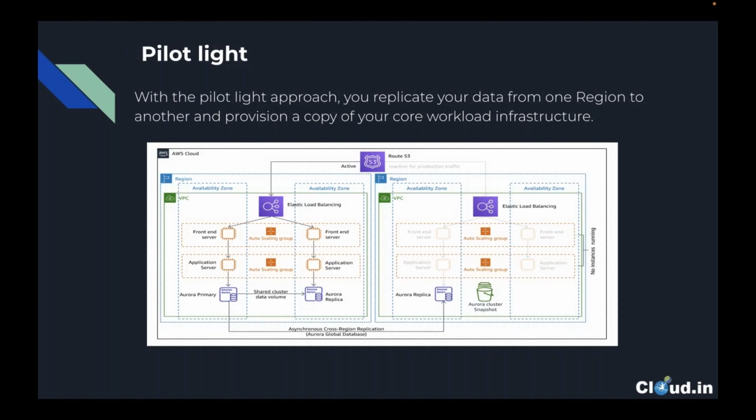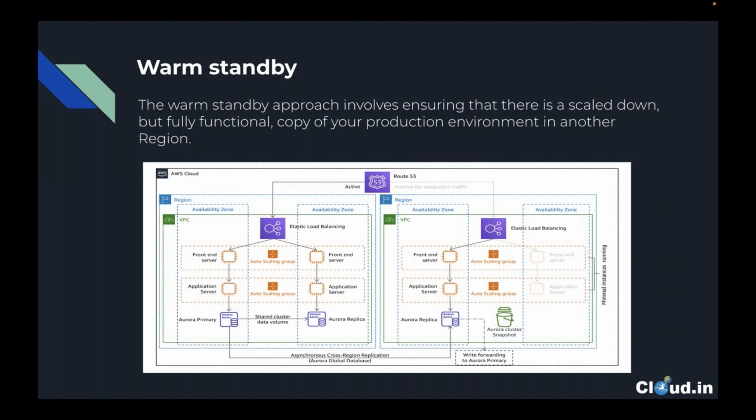Next, we have the warm standby DR strategy. In the warm standby strategy, you maintain a partially scaled AWS environment with essential resources running, but at a reduced capacity compared to the production environment. So this basically allows you to recover very fast during a disaster when it occurs, because you already have infra